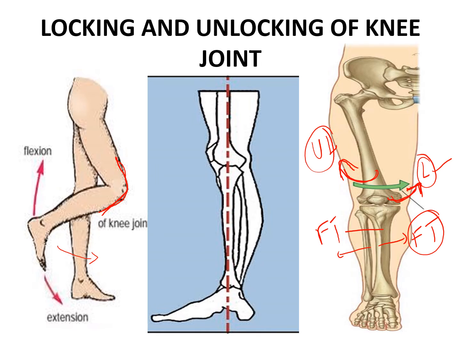The muscles which help in locking and unlocking of the knee joint: for locking, the muscle which helps is vastus medialis. The unlocking muscle is called popliteus. So popliteus helps in unlocking. So this was about the locking and unlocking of the knee joint when the foot is planted on the ground.